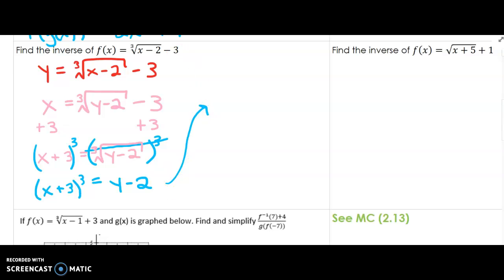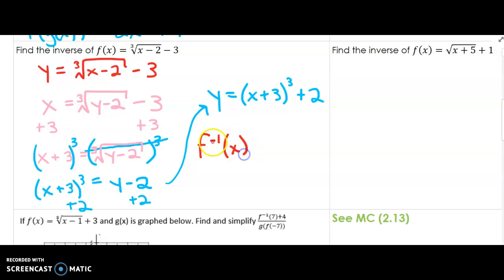The last thing I need to do is add 2 to both sides so I can get y by itself. y equals (x plus 3) cubed plus 2. The last thing I need to do is make sure I'm being accurate with my notation. We already have some y equals. That's what f of x is. I need to replace this y with f inverse. So f negative 1 of x equals (x plus 3) cubed